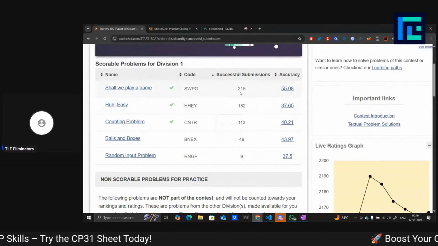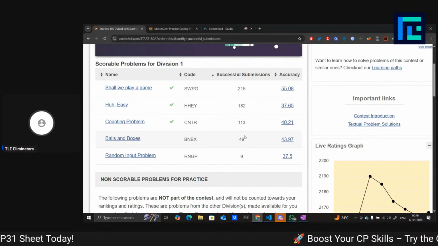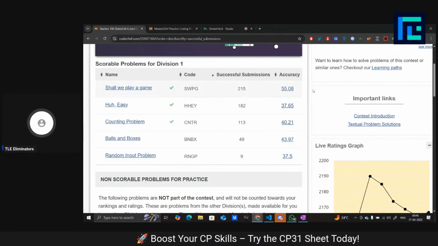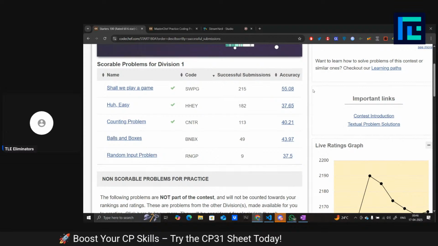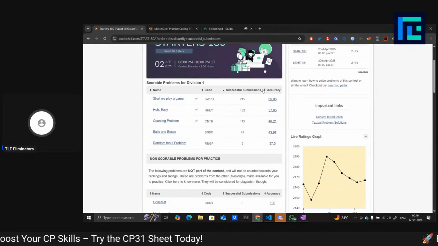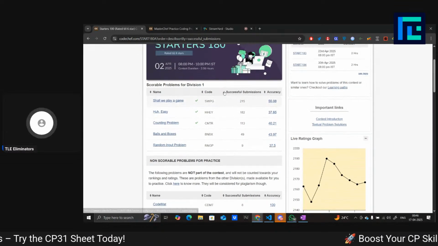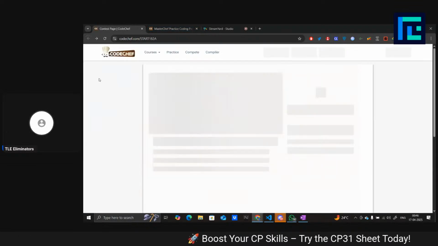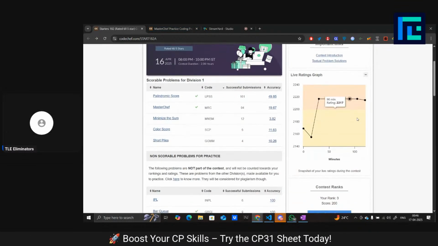You can see 215, 182, 113, 49, and 9. So it is decreasing in a stable order. It is not unbalanced every time, but sometimes it might come like that, and today was one of those times,